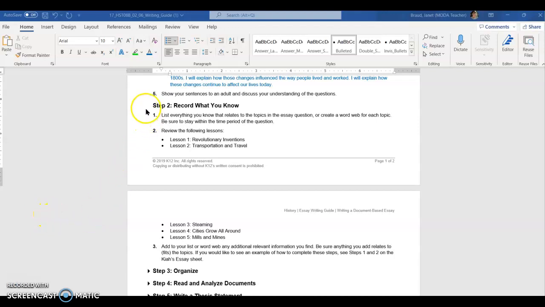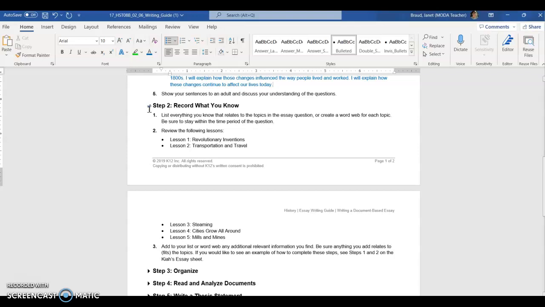Step 2 is to record what you know. This is an important step because you need to pull together some background information from previous lessons. And if you've taken some notes, you probably have some of this already. But the background information is used so that you can give examples in your writing as you are constructing your